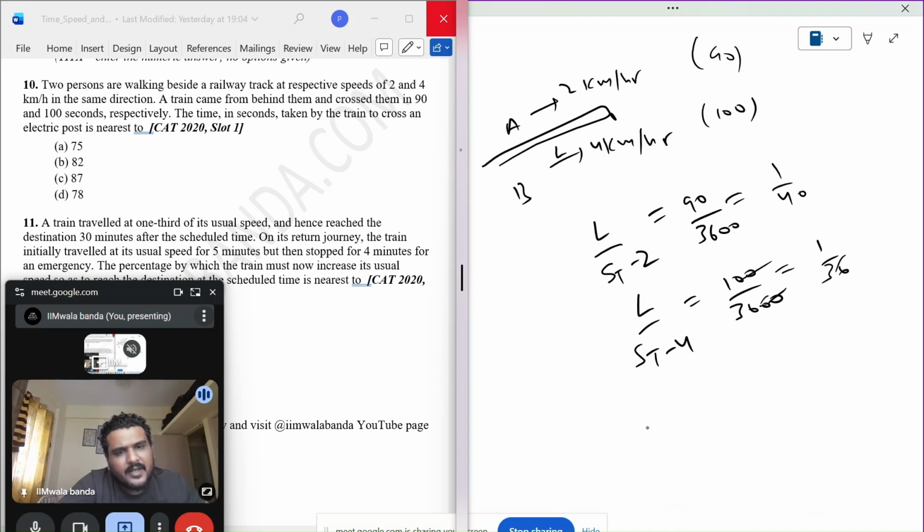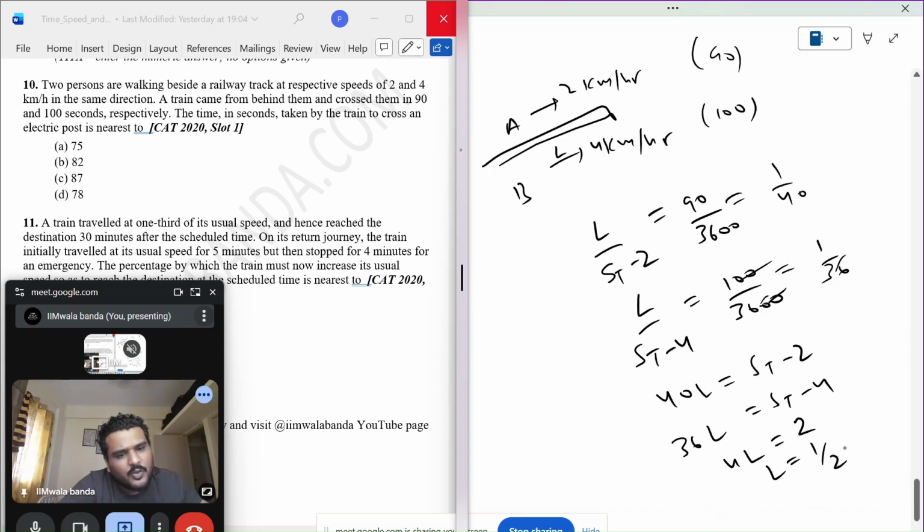Okay, ST I need to find out. So can I say 40L is ST minus 2 and 36L is ST minus 4, and if I subtract, this becomes 4L and this becomes 2. L is 1 by 2. What kilometers, or